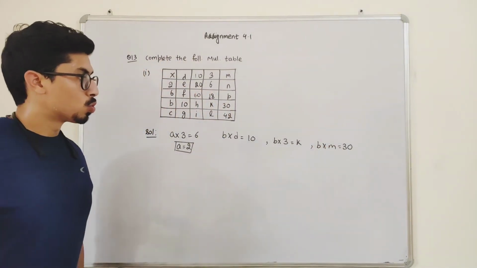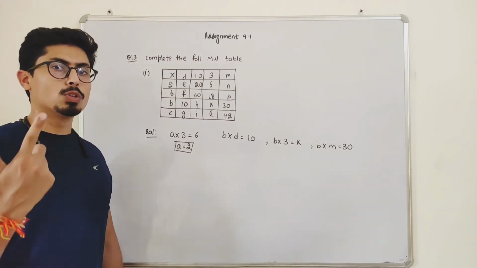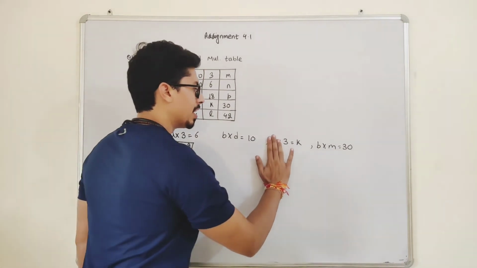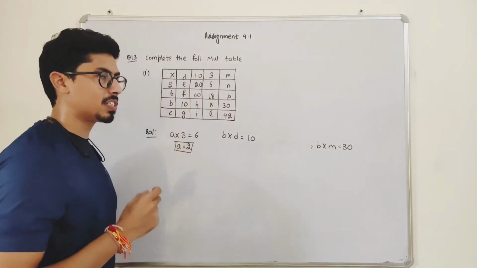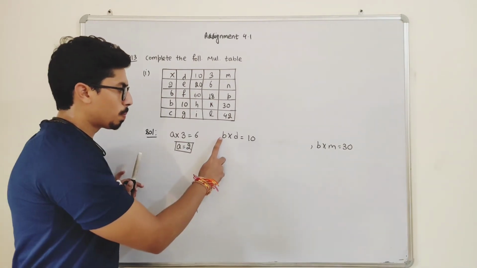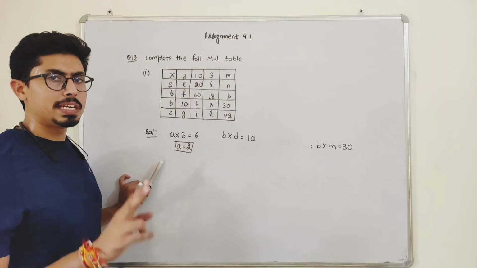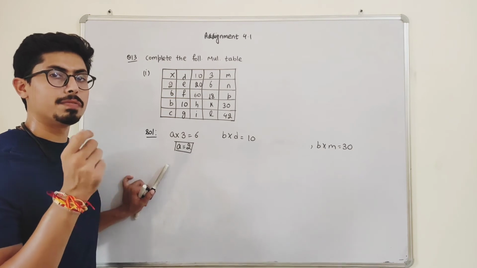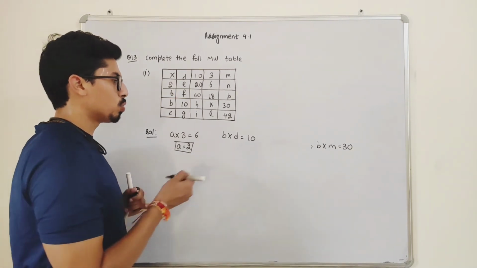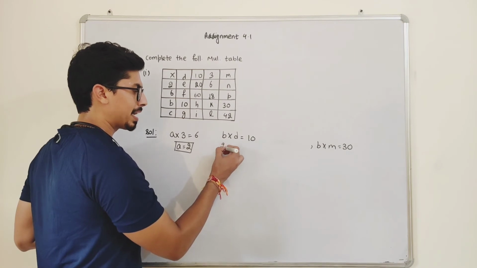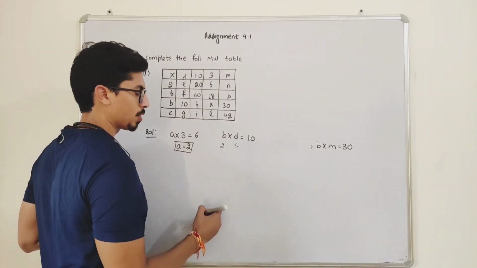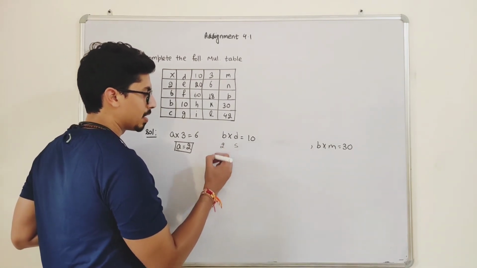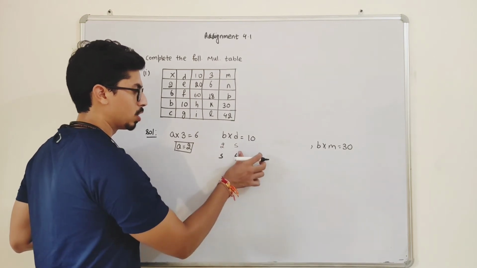Okay. So what I have to do students, I have to just think about the values. Multiplication of this is 2, just leave it aside for some time. See students, B into D is 10. That means take two numbers which, if I multiply them, we get 10. So students, the possibilities are B can be 2 and D can be 5, which gives 10. Another possibility is B will be 5 and this will be 2.